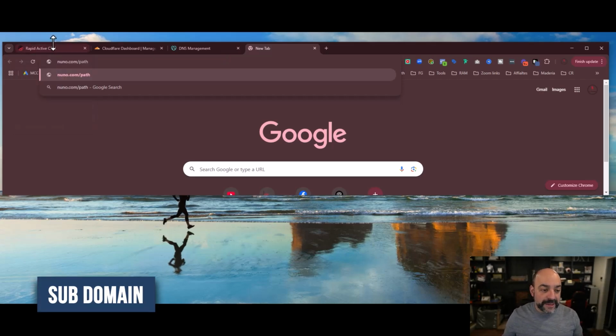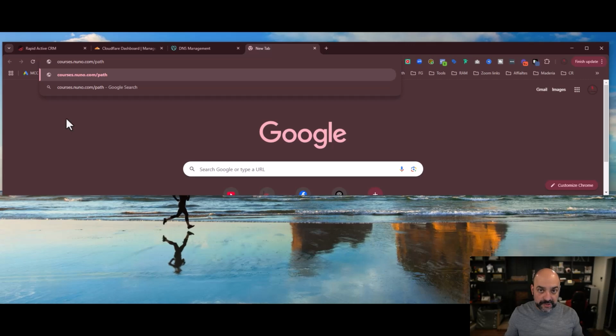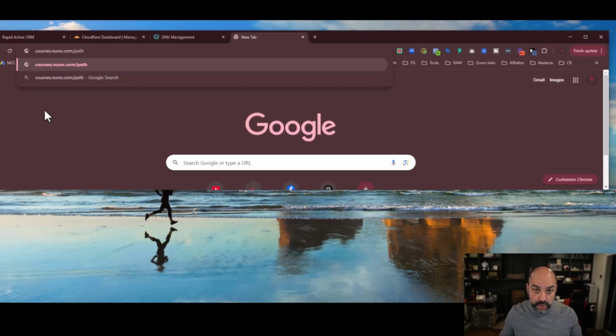A subdomain is basically anything before your root, like go, email, portal, courses, anything that you have in here, that is called a subdomain. Now, let me explain this so it makes a little more sense. Imagine you were living in a massive skyrise building